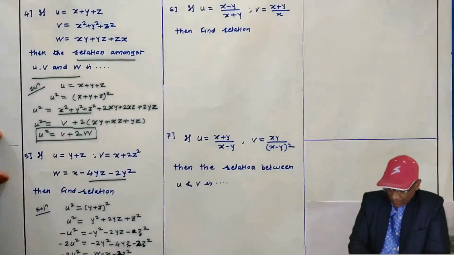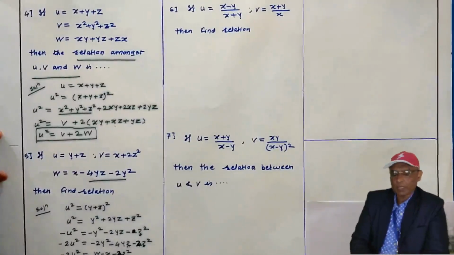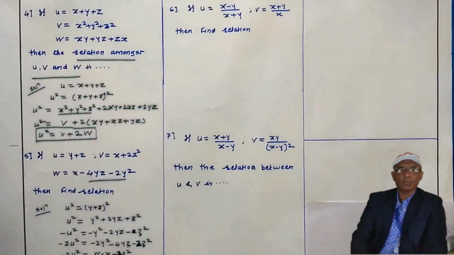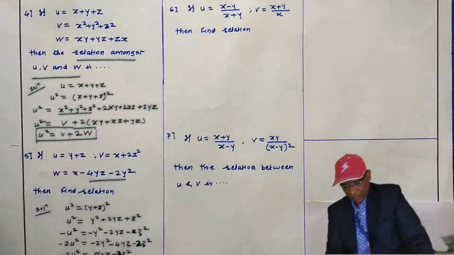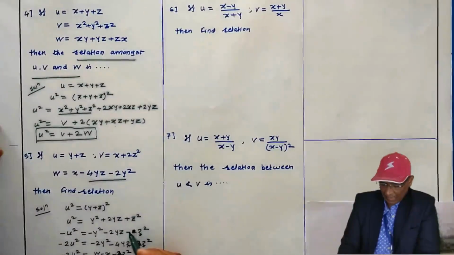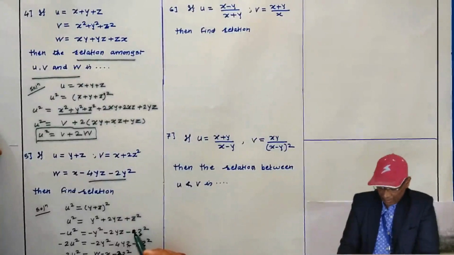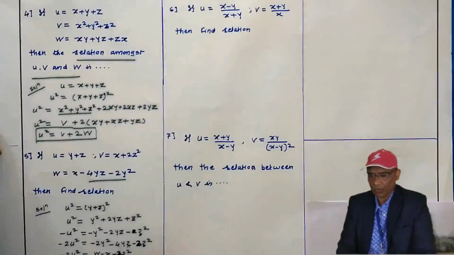Okay, this is the relation amongst u and w. Okay, you can multiply it by minus sign also. Okay, sometimes it becomes confusing. Okay, here we have committed a mistake. Extra 2 I have written, that's why it was very difficult to get the equation, but that mistake we have identified and we solved it. Now,